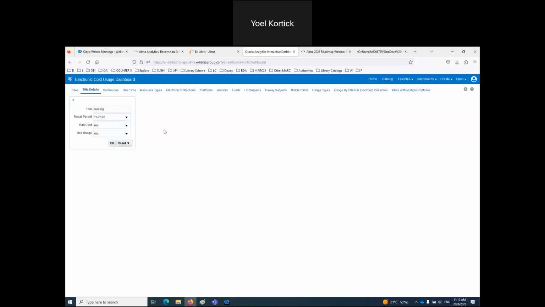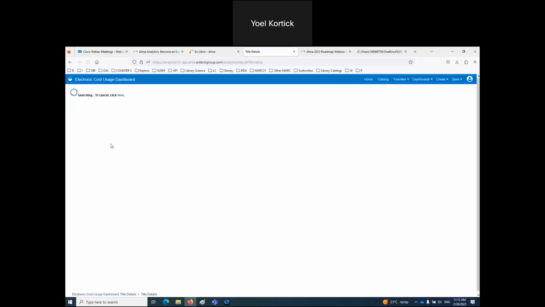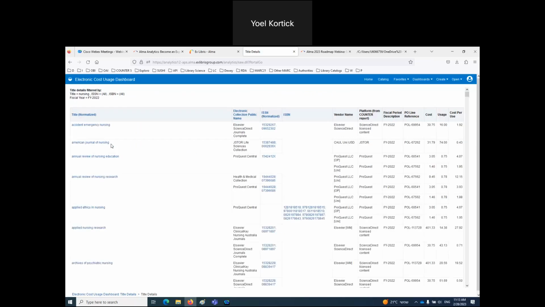Institutions have things in their repository which are not related to a purchase order line, and therefore the has cost would be no. So now I'm getting everything that has nursing in the title and has cost and has usage. So if we take, for example, the first one, accident emergency nursing, it's from the platform Science Direct,